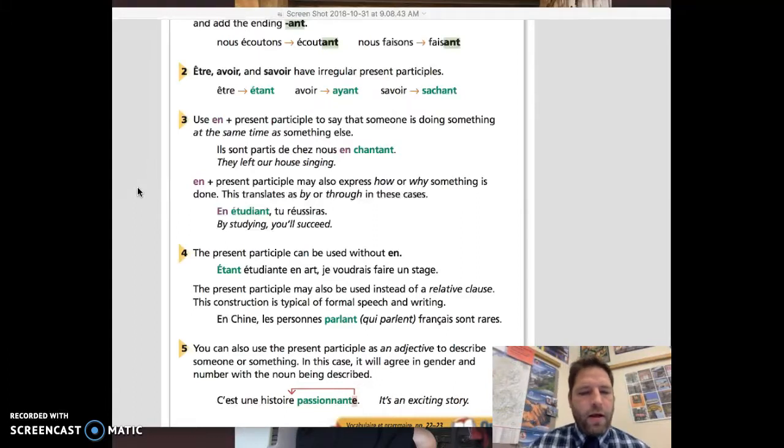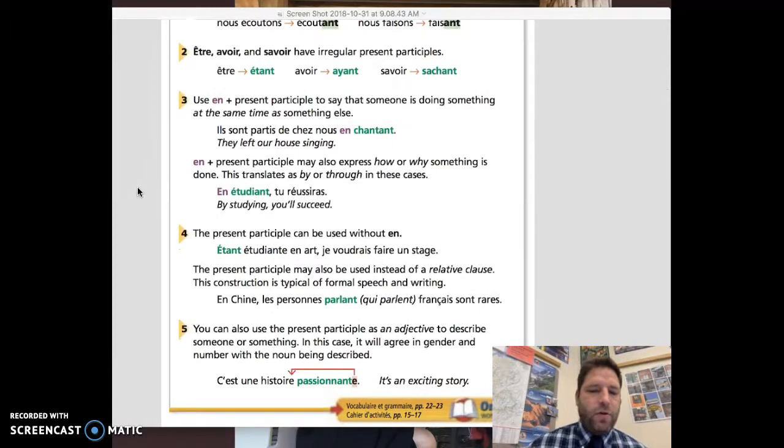Okay? And finally, you can actually use the present participle to create adjectives. And you guys have seen this many times, but now we get to label it and use it and know why it comes about. So you take the verb, you put it in the present participle, and you make it into an adjective. Just make sure that we have agreement with the subject.